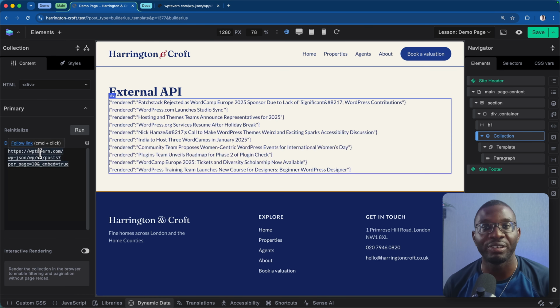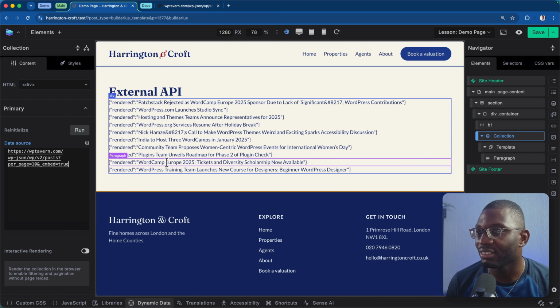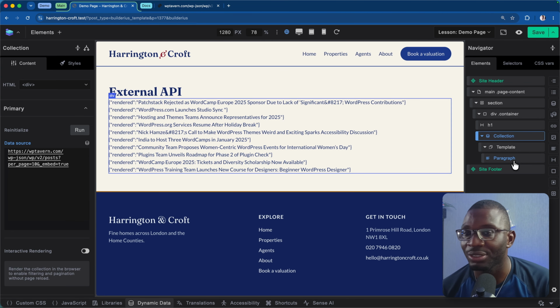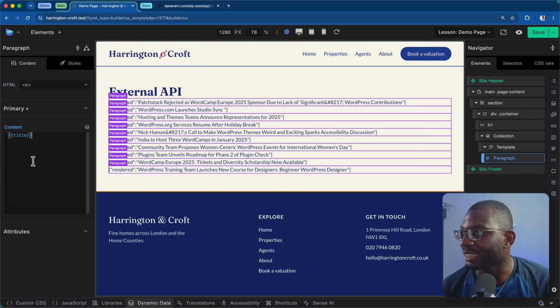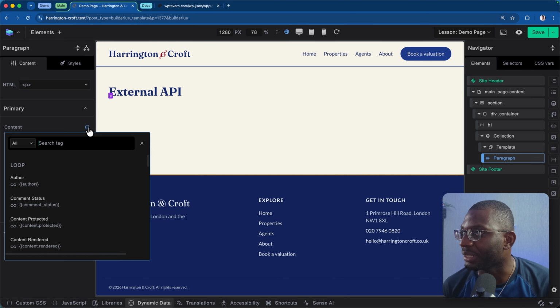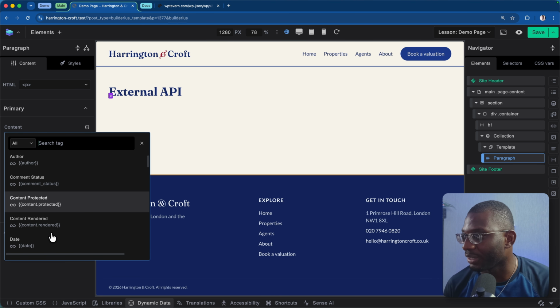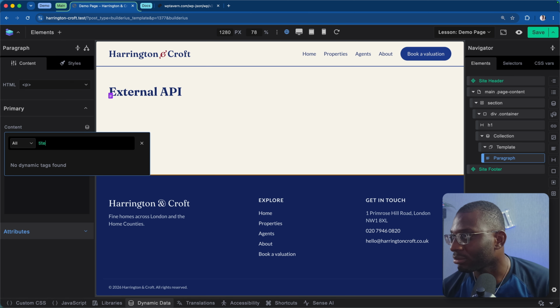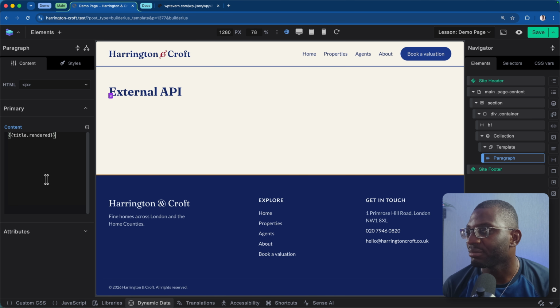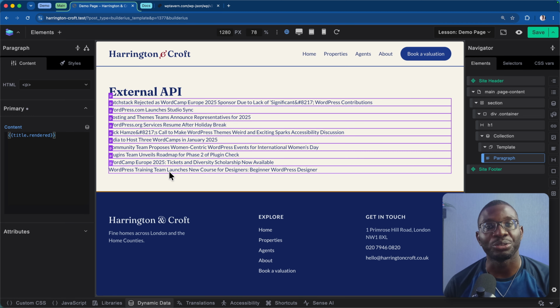You just put in the URL of where the thing is, and you can see automatically it's already pulling in a number of data. All I have to do is choose the correct item. So I choose title, and it's returning title. I can choose dynamic data, and you can look at all of the data that is available. So let's say title. And we get something like the title rendered, and we get our information. So it works. Everything just works. So that is another way, as long as it's returning an array,